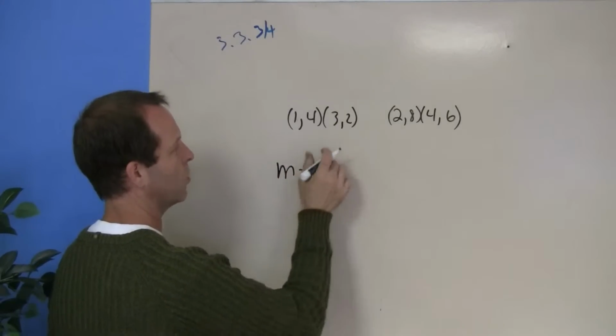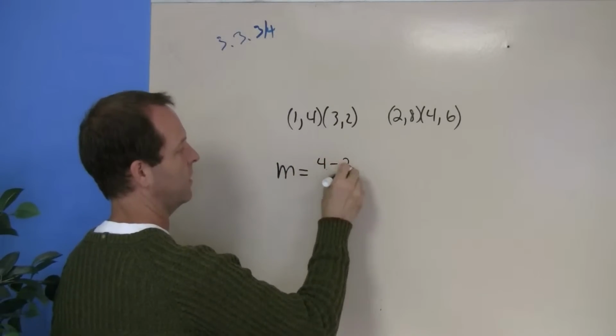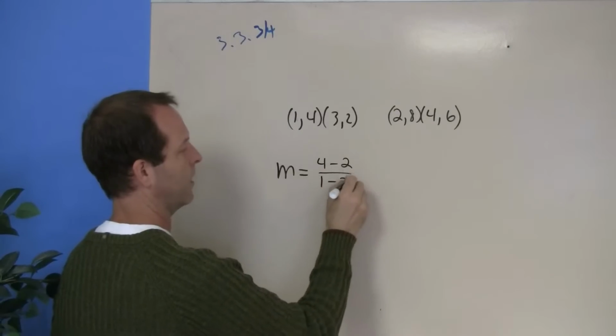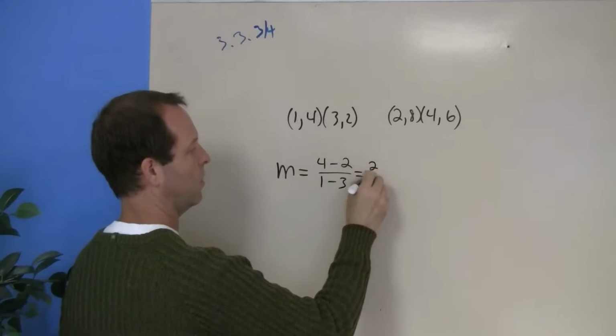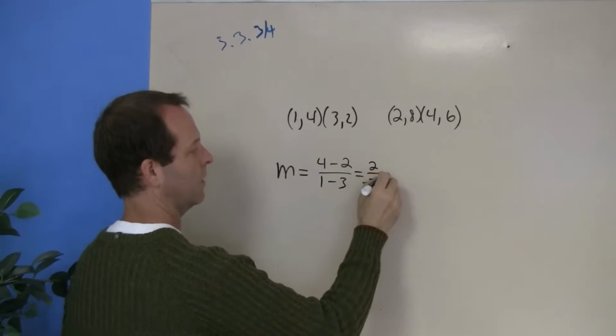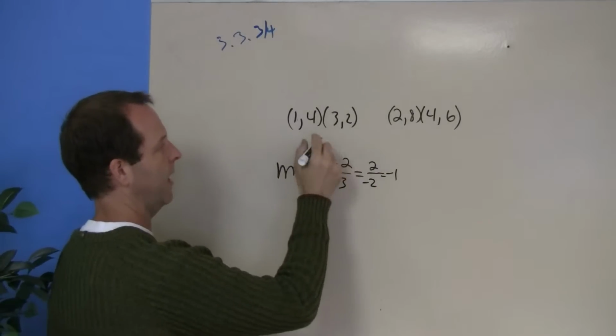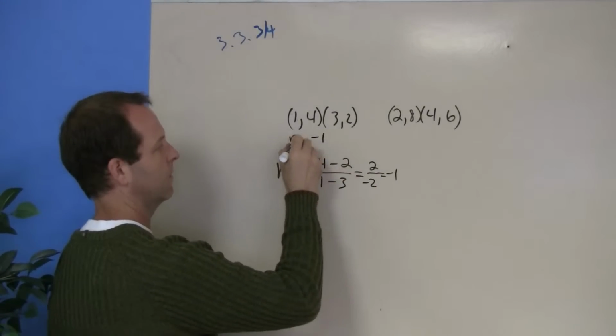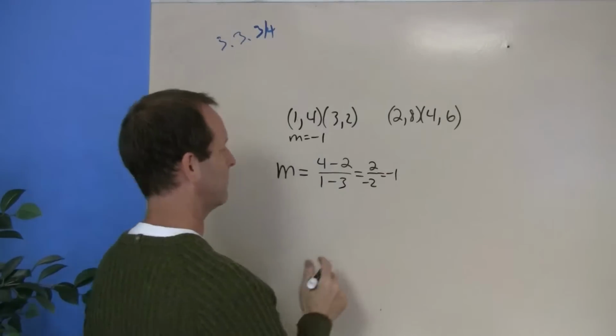First one is y2 minus y1, so let's go 4 minus 2 over 1 minus 3. Gives me a slope of 2 over negative 2, negative 1. So the slope of this line is negative 1. The second line,